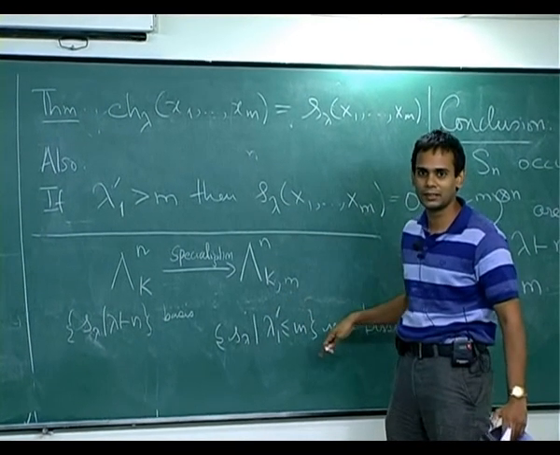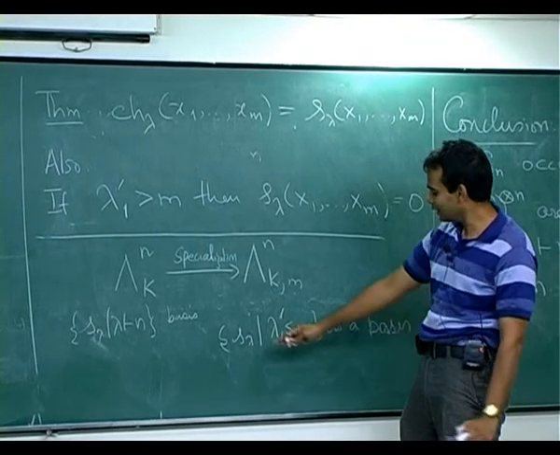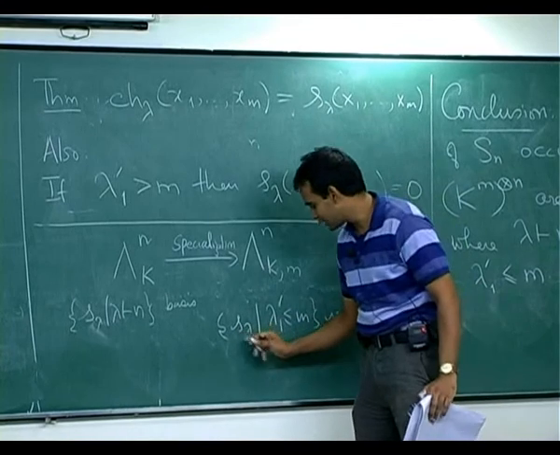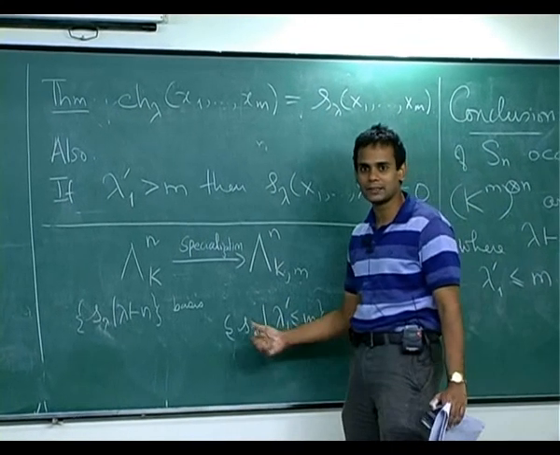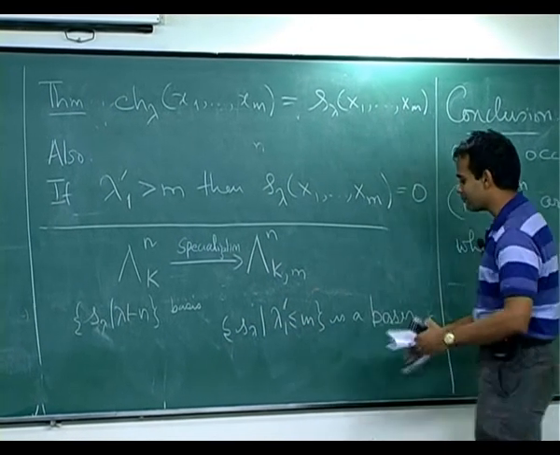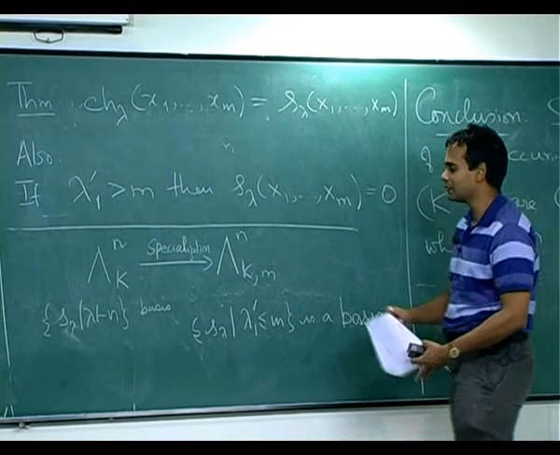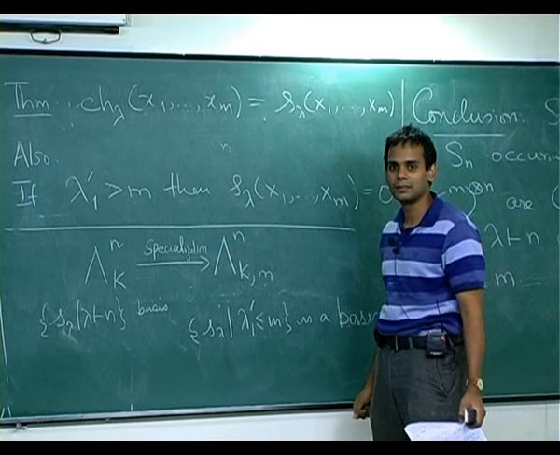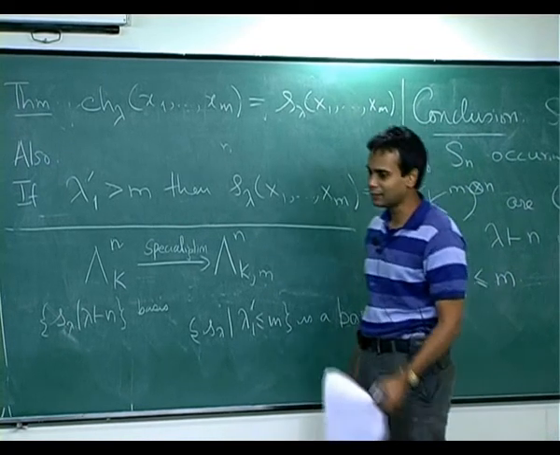So, the non-zero ones must be a spanning set. So, what I get is that the Schur functions S lambda of x1, x2, up to xm, where lambda has at most m parts, form a basis of symmetric functions of degree n in m variables. So, then from that I can conclude that